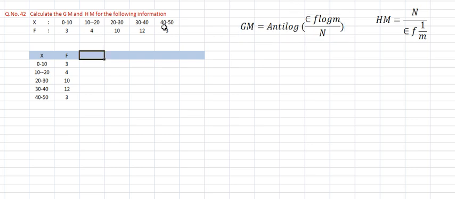First we need to find m. What is m? Lower limit plus upper limit divided by 2: the lower limit is 0, the upper limit is 10, divided by 2 is 5. The difference between these two is 10, so you have to add the increase of 10. 5 plus 10 is 15, 25, 35 and 45. Otherwise, 40 plus 50 is 90, divided by 2 is 45. Like that you have to find all the numbers.